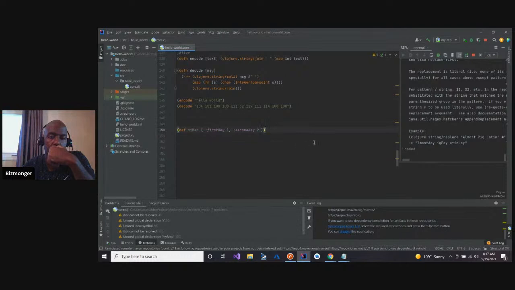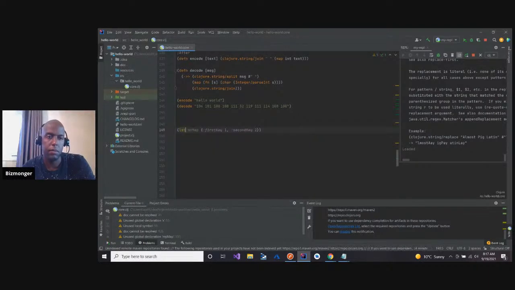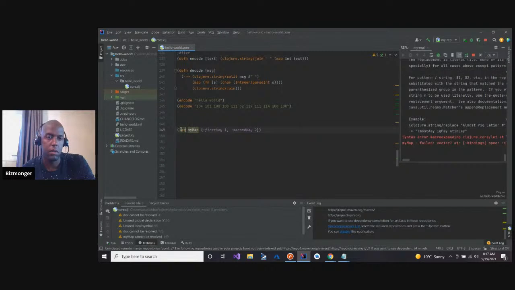So is it because let is only defined within the scope of a function, and that's why it wasn't compiling? I say compiling, that's why I was getting an error. Let's see.